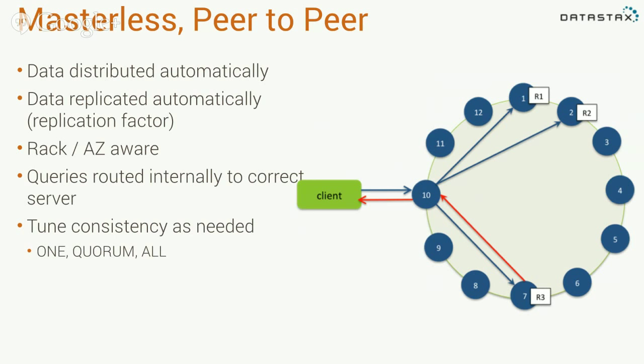Queries internally, you can query any node. So I can query this guy right here, and it's okay. It will know who owns that data. It will fetch it for me. It's obviously a little bit faster to talk to the right node, and the DataStax native drivers will do that for you, so you don't have to think about that. But it knows. It's very aware. So it's just one giant cluster. Talk to any node, you'll get an answer.